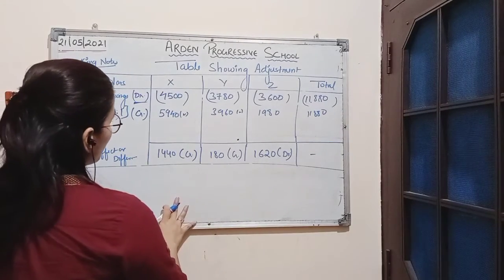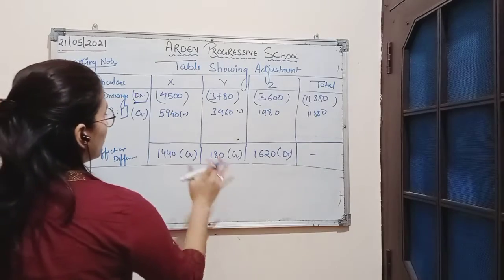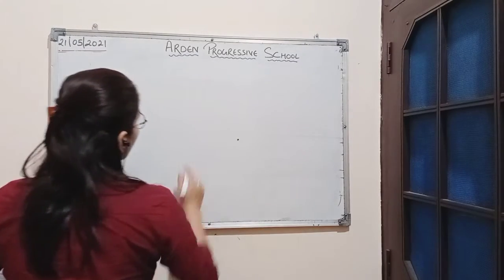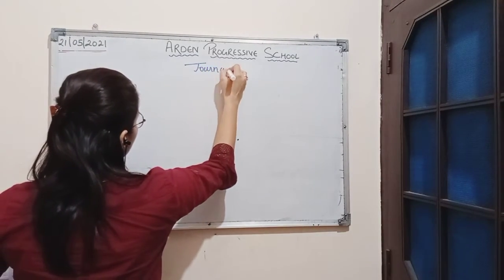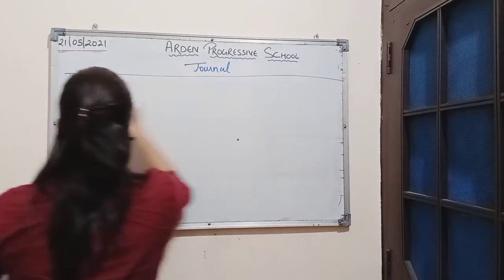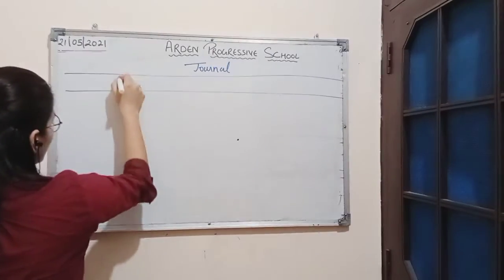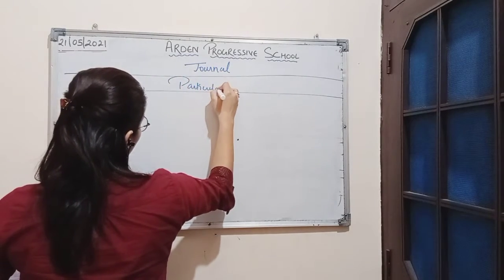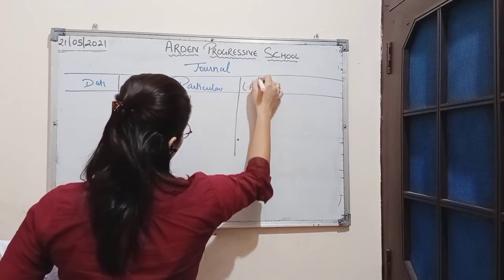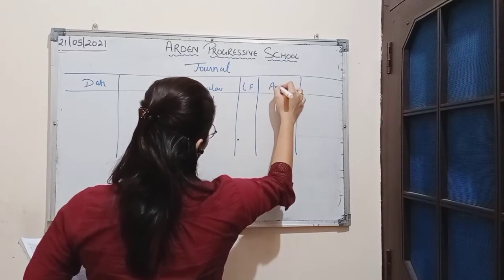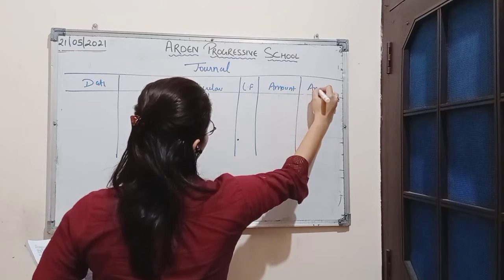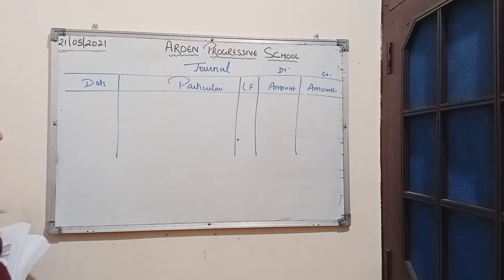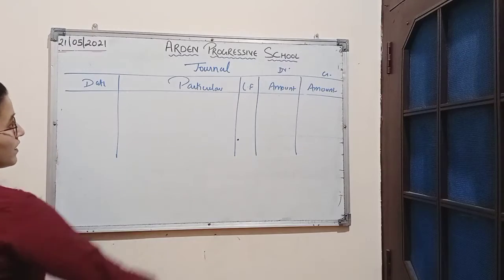So after showing the table of adjustment, we will now pass a single adjustment entry with the help of these balances. So now we will prepare the format of journal to pass the single adjustment entry. Date, particulars, LF, which is ledger folio, debit amount and credit amount. So this is the format of journal,